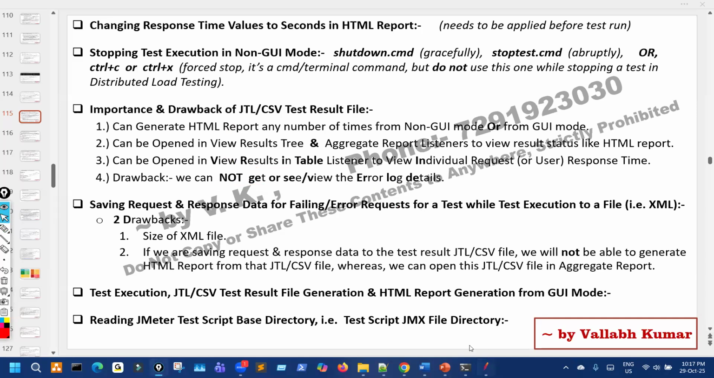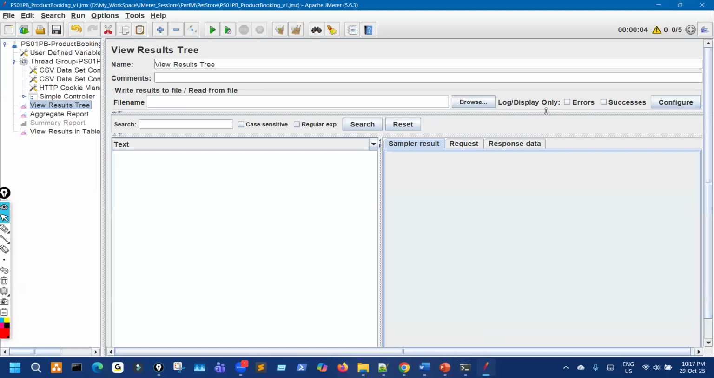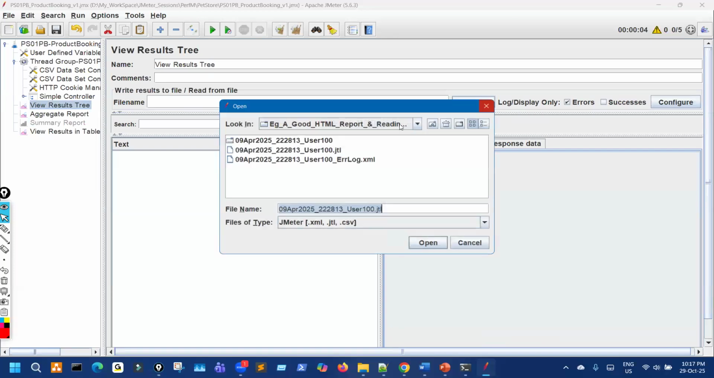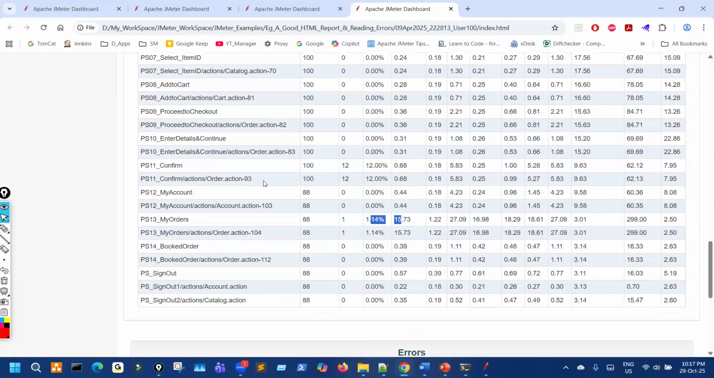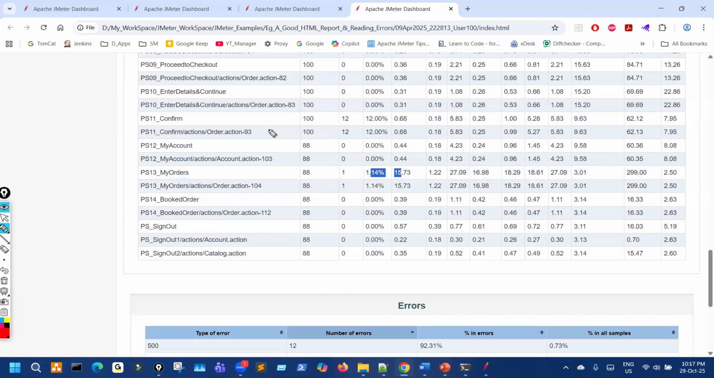Means what? Like I just said, suppose there is an error, okay, and that is the analysis part. Remember that suppose for 100 users, we see there is an error here, right? In confirm, okay, or in my orders, correct? So